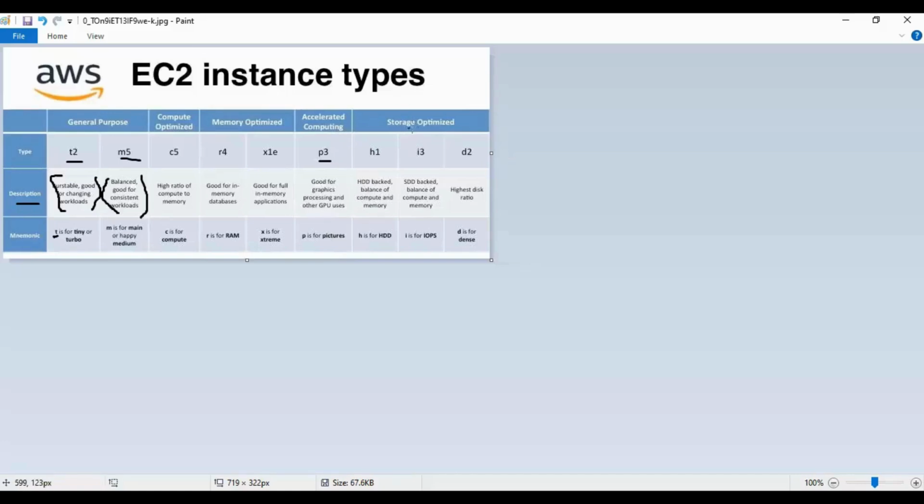Then we have storage optimized. Some examples: H1, I3, then D3, D2, this is also storage optimized. In these cases, the storage will be highly optimized. In H1,